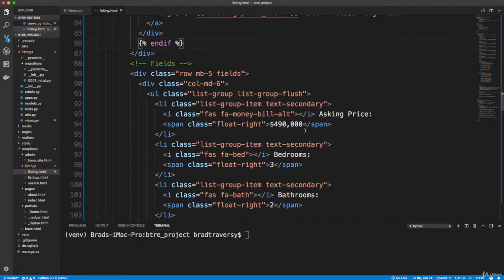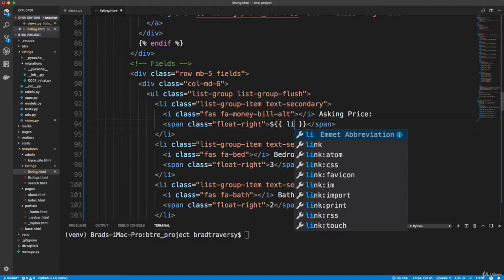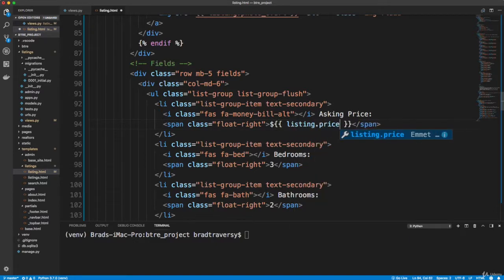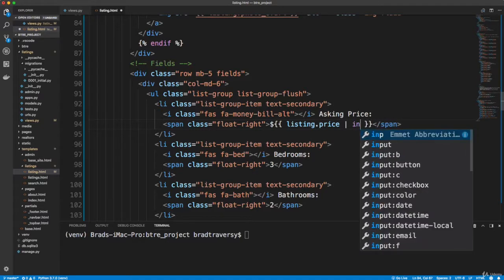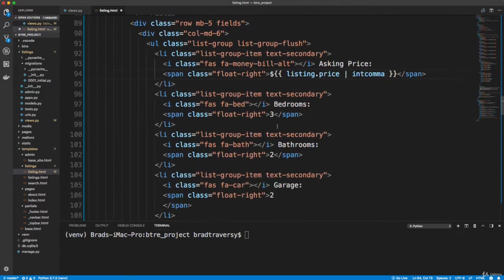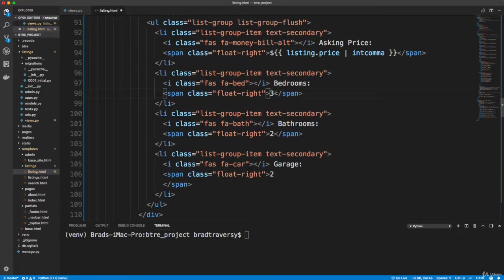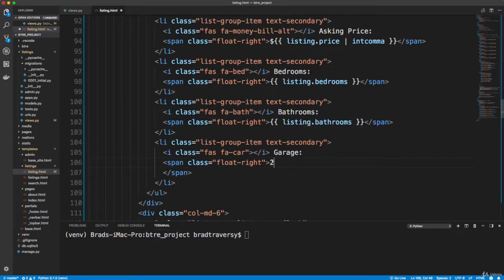Let's go to our price here. Okay, we're going to leave the $, and we're going to say listing dot price. And remember, we brought in humanize, so that means we can use the pipe character, and we can say int comma, so we can add the commas. Let's go right here to bedrooms, and this is going to be listing dot bedrooms, and I'm actually going to just copy this, and we'll do bathrooms. Okay, garage,